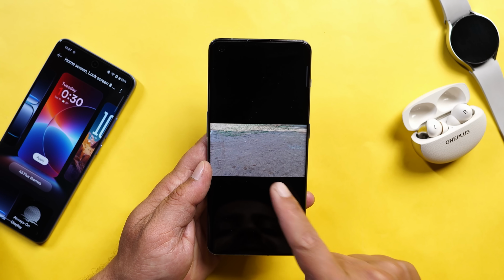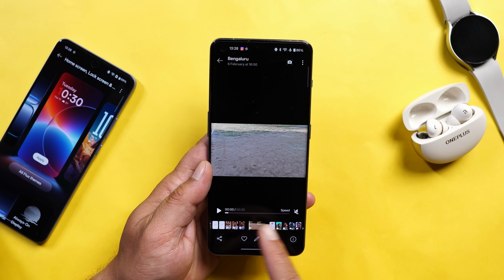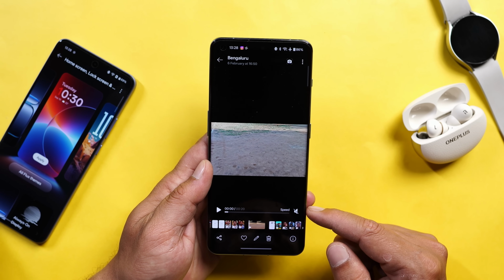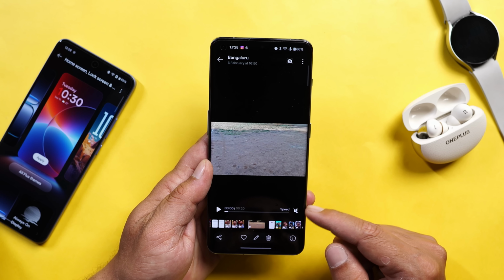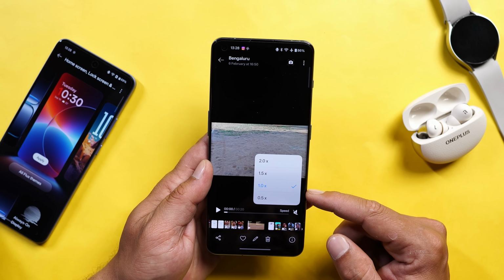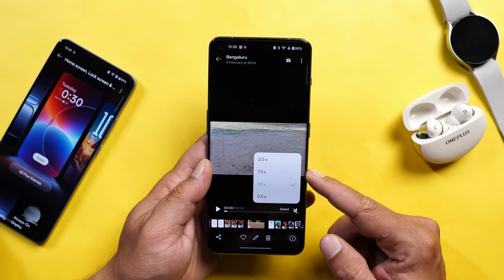So here you can see now you have a progress bar which looks something like this, and towards the left hand side we have a play and pause button. Along with that, towards the right hand side you have option to enable or disable audio, and there's a text called speed. Tapping on it, you'll be able to directly adjust the speed of that particular video from the main